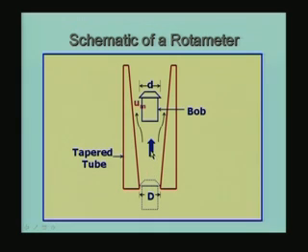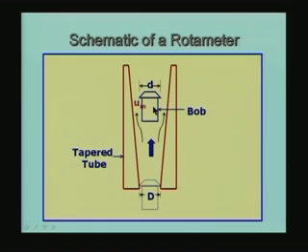If it is flowing like this, it has to negotiate the bob, go around the bob like this, through the space available between the bob and the outer tube. The area available for flow is actually the annular area between this d and the local diameter of the outer tube. There is an annulus which is formed. Okay. So, the velocity, if we say the value of the velocity is um in that annular region,